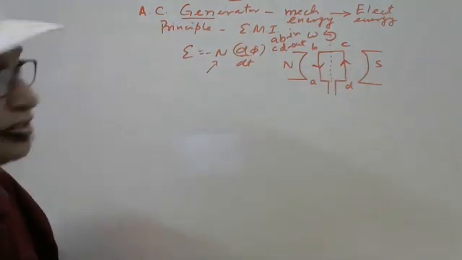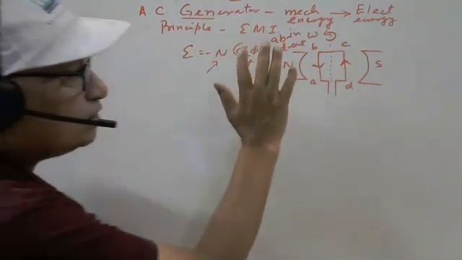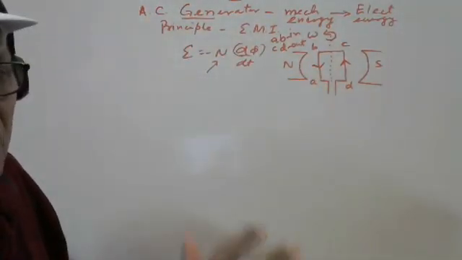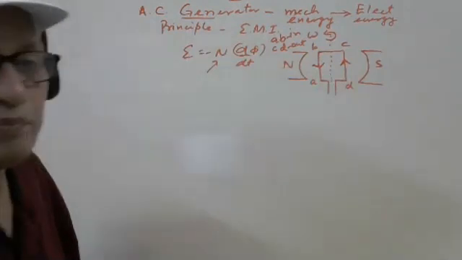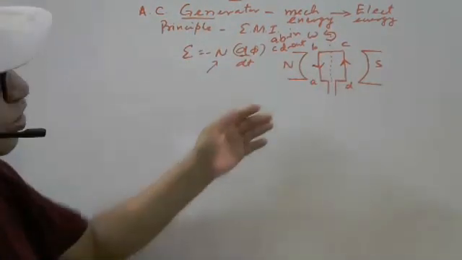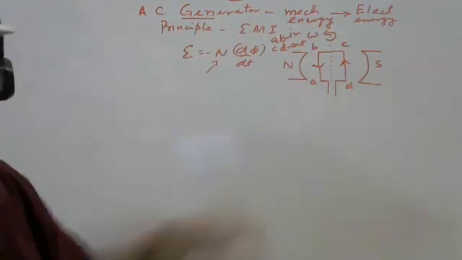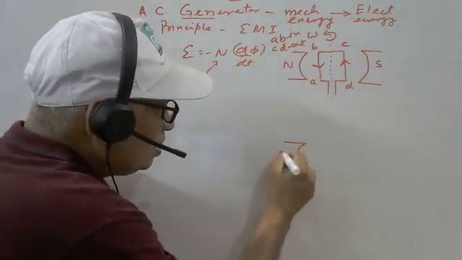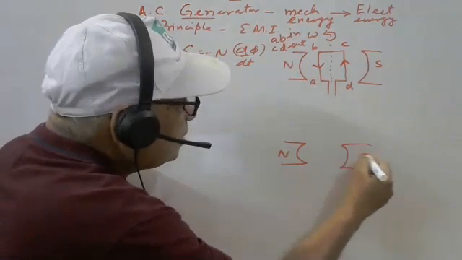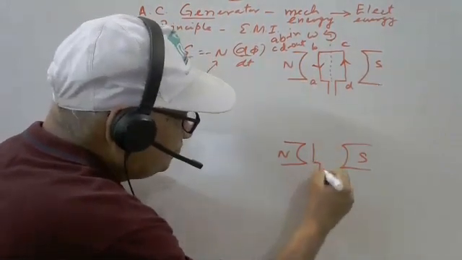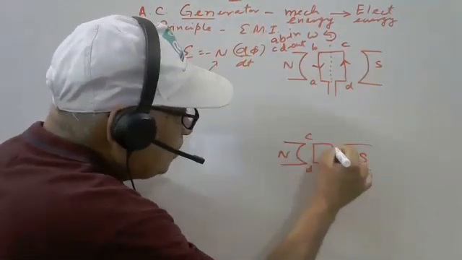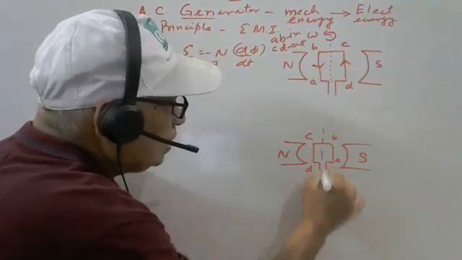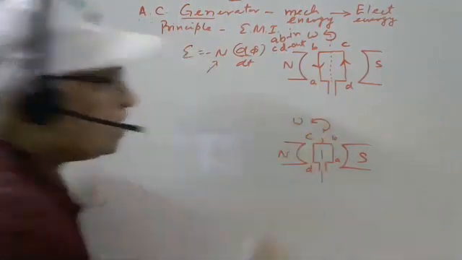After the half rotation, this AB part going like this will take the place of CD, and CD will take the place of BA. So after the half rotation, things will be like this. Simply the CD part comes here and the AB part comes here. Again, the sequence of rotation you cannot change.